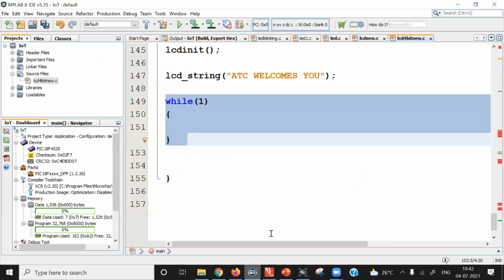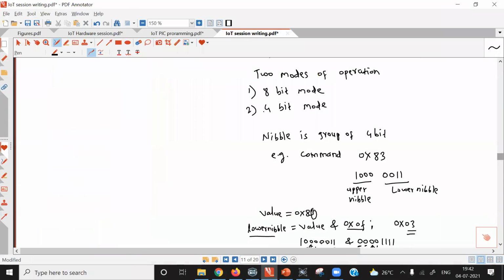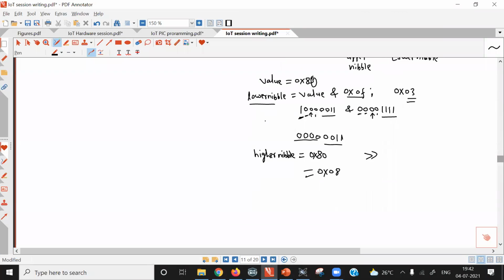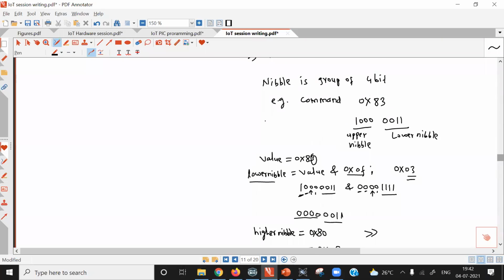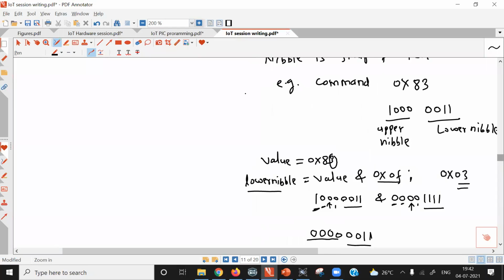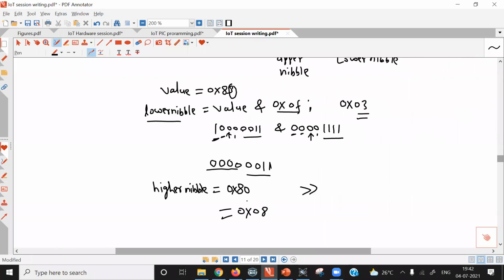Now while writing data to the LCD display, we must write the higher nibble first.